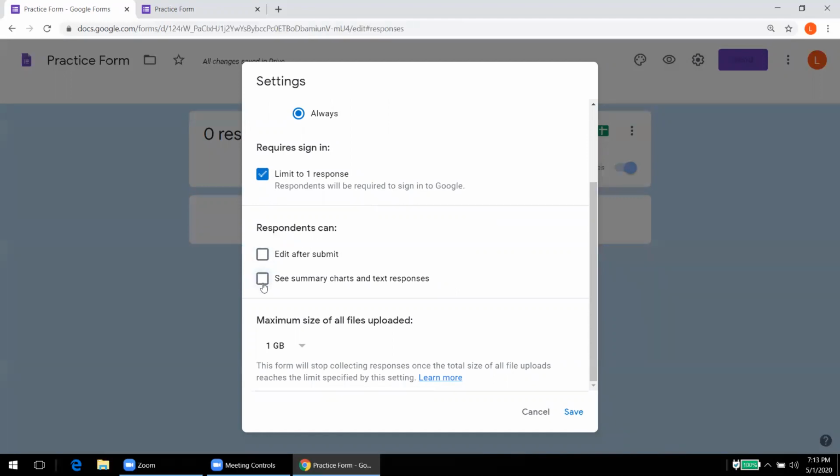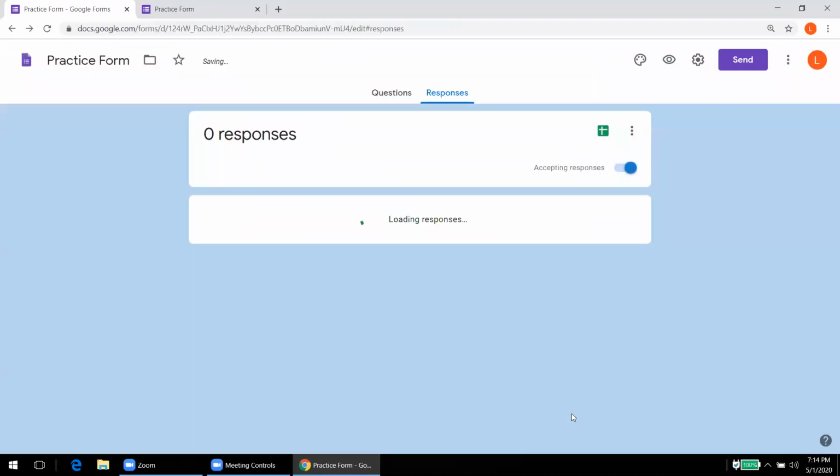Then see summary charts and text responses. We do not want them to see the summary of other students. And the maximum size of all the files uploaded we can select as per our choice. So these were the general settings.